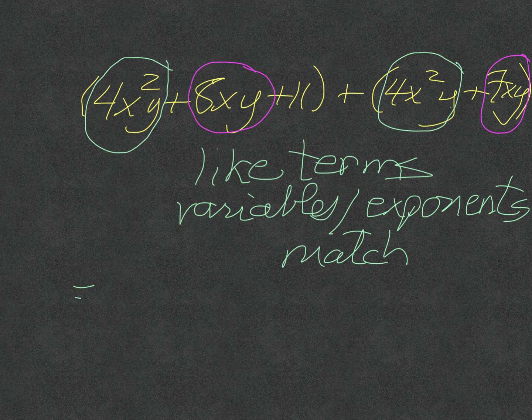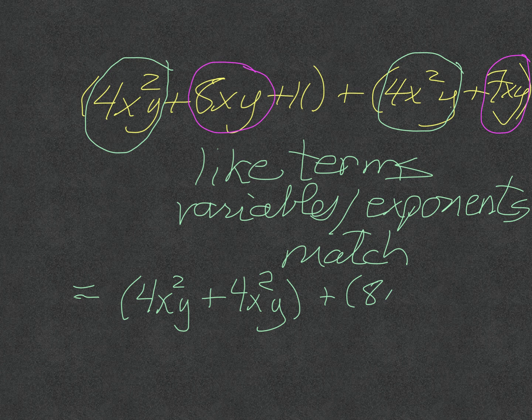But the mathematics would be we use commutative and associative properties to regroup. So what we'd do is we'd have 4x squared y plus 4x squared y plus 8xy plus 7xy and then plus 11. So using the commutative and associative property to move things, swap places, and then also to regroup, all right, as